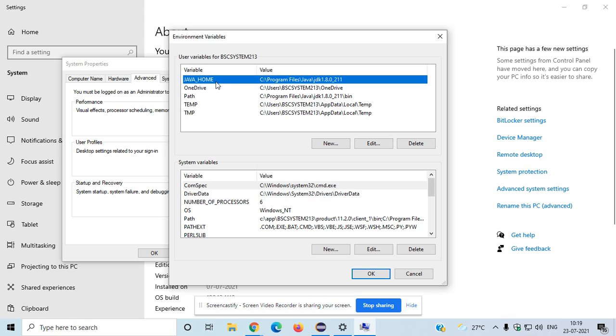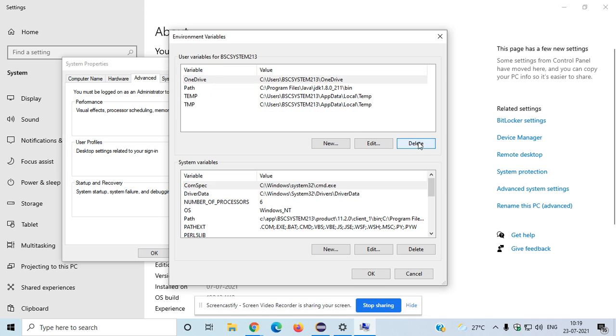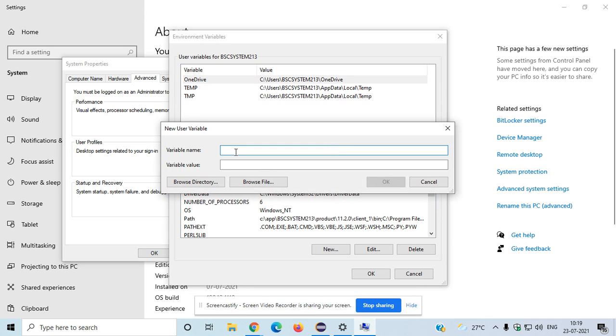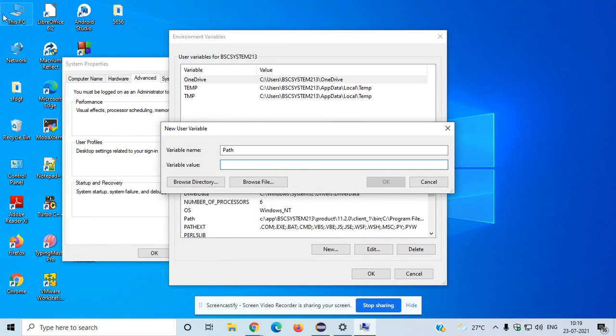The next one you need to do is go to New and select the variable name as JAVA_HOME, and you need to take the path related to the JDK version. Suppose now I am deleting this, I will let you know how to do that. You just observe. You need to click on New, then enter the new user variable, the name along with the value.